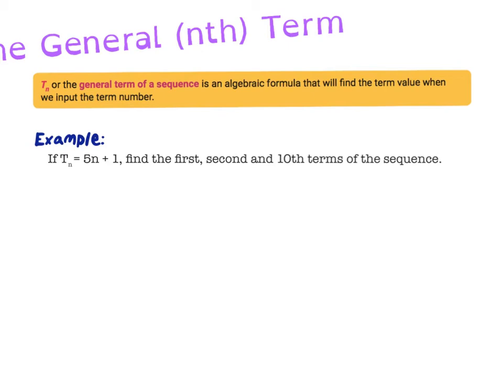Right, so let's start off. My term is Tn equal to 5n minus 1. So that just means that for some sequence, we don't know what the sequence is, the rule that we found was that it's 5 times the term take away 1. Okay, they want us to find the first, the second, and the 10th term of the sequence. So straight away, we're looking for